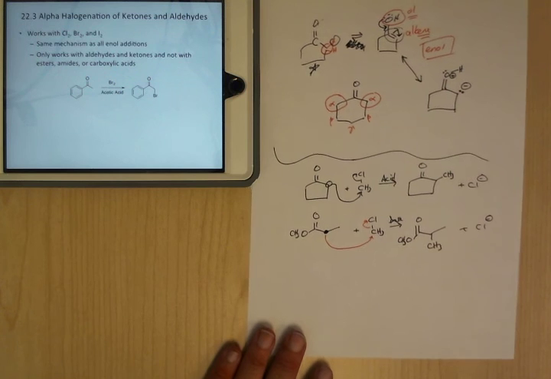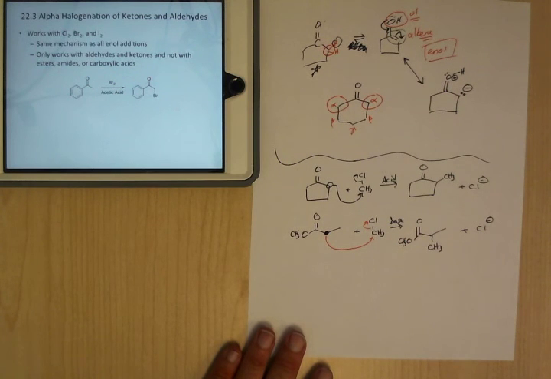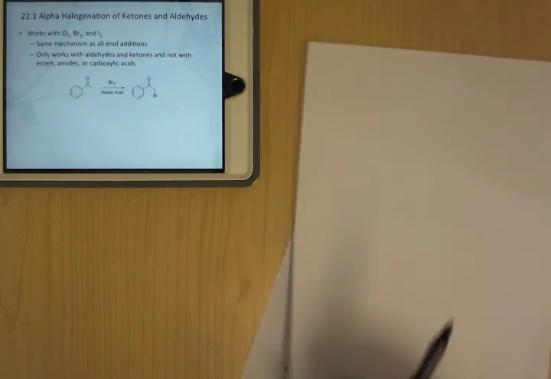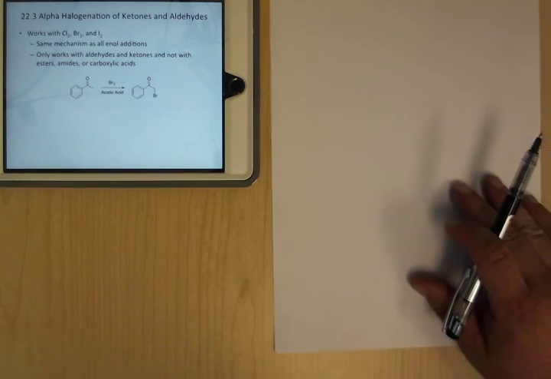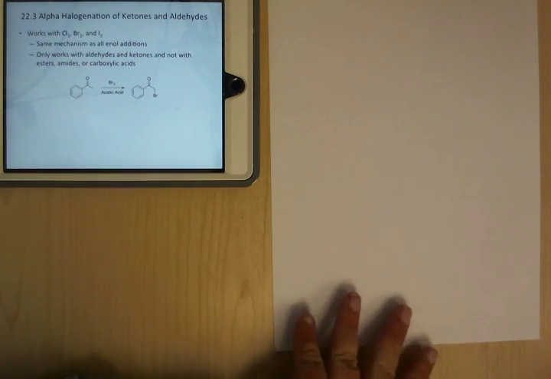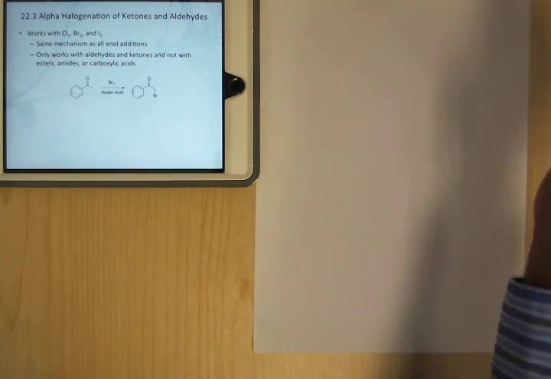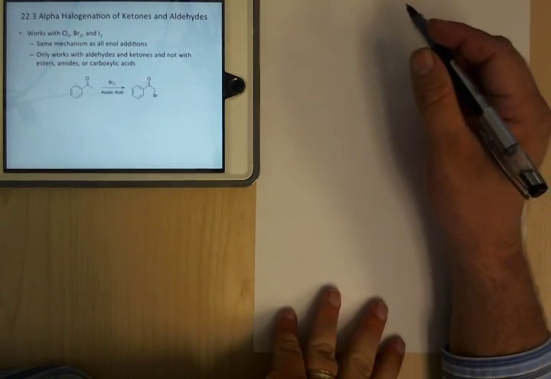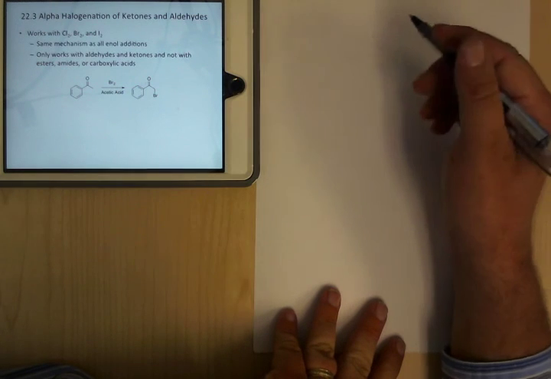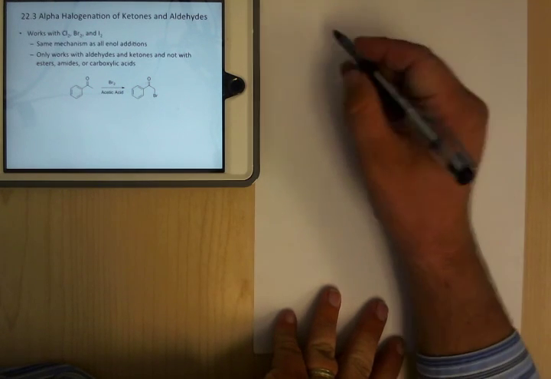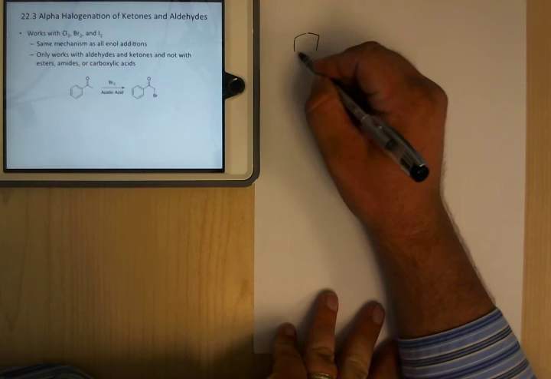Okay, so like that. Now you can also do this with aldehydes and ketones. You can do halogenation right next to the alpha carbon, stuff like that. It works similar to the other mechanisms. It doesn't work real well with esters, amides, and carboxylic acids, but aldehydes and ketones are okay. So like that. And so what you end up getting is,